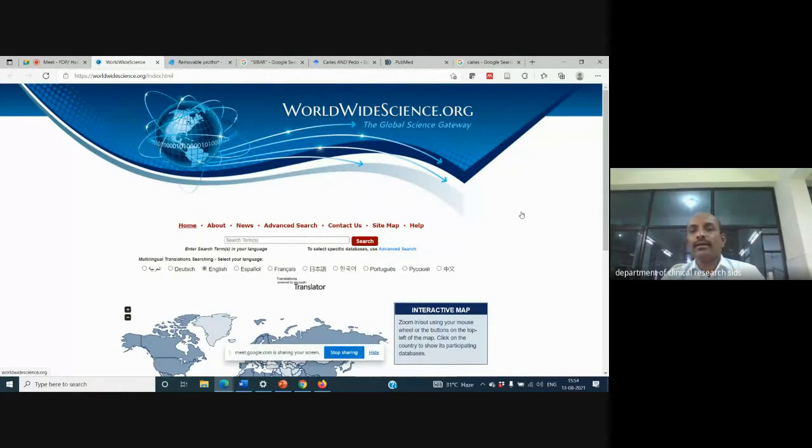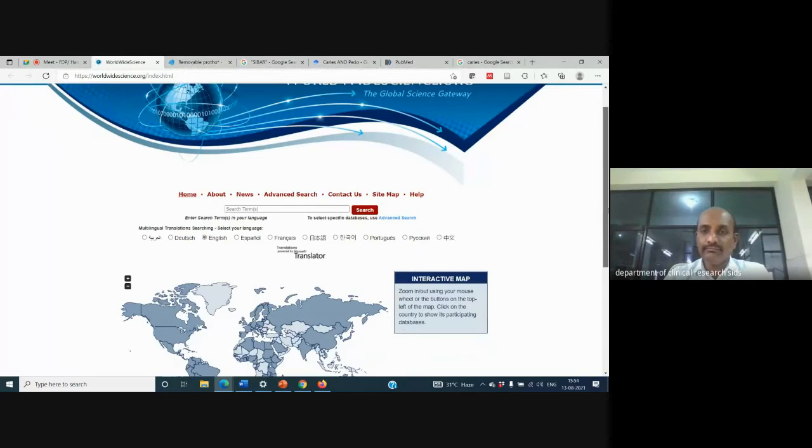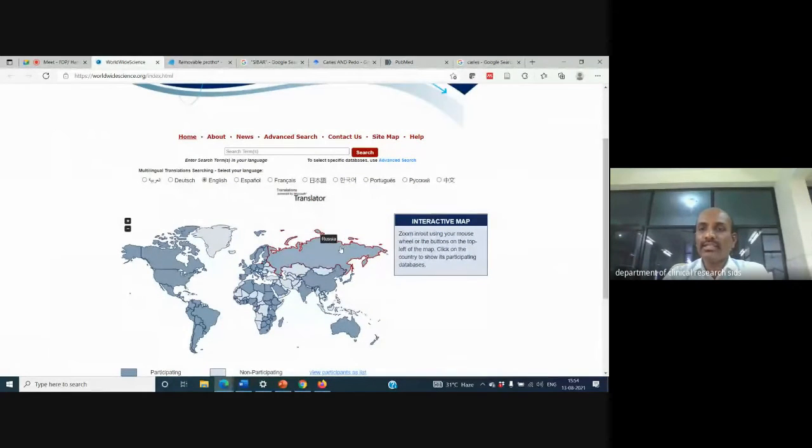You can see there are some options. It's really beautiful when you look at the various options. You can just zoom in. If I click, it automatically gives the Russian Union literature. If I click on China, it gives China. If I click on India, you have Indian agencies' databases. And if you click on Australia, it gives the Australian database. So this is the beauty of the